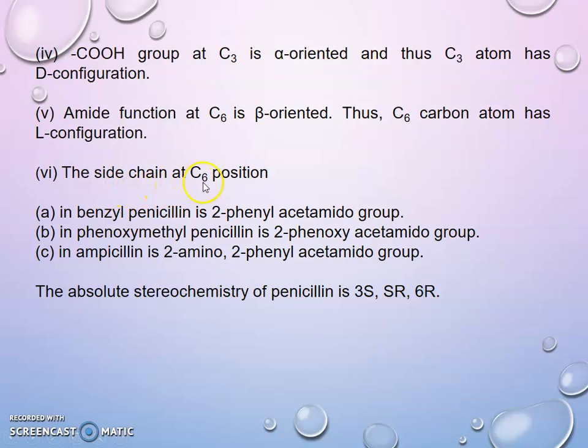The side chain at the C6 position in benzyl penicillin is a 2-phenyl acetamido group. In phenoxymethyl penicillin it is 2-phenoxyacetamido. And in ampicillin it is a 2-amino 2-phenyl acetamido group. The absolute stereochemistry of penicillin is 3S,